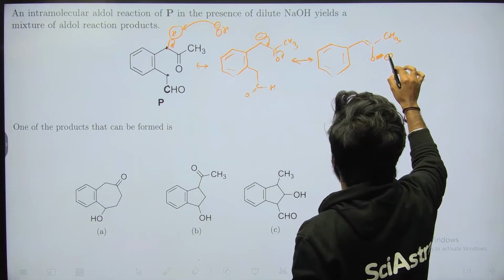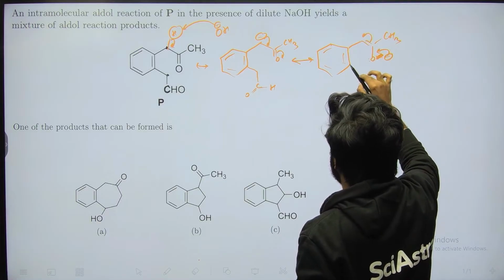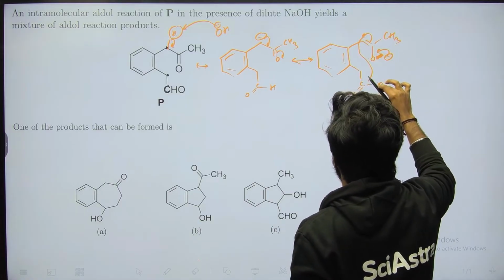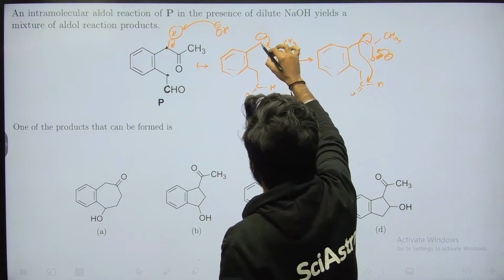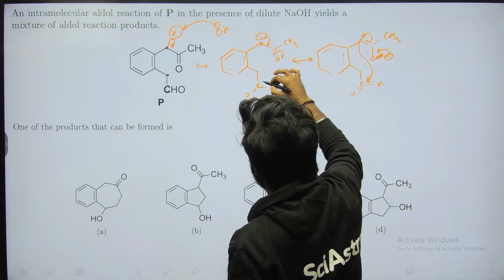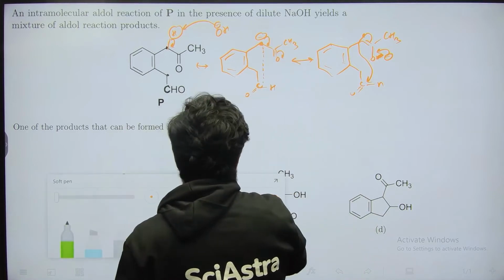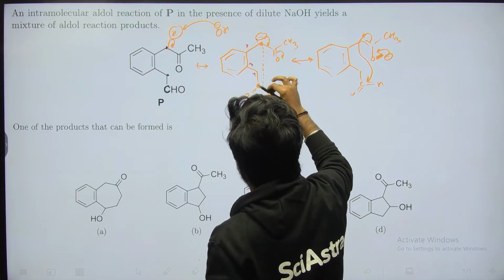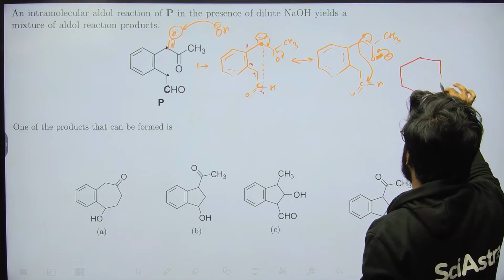So what will happen actually, this will come back and this anion will now attack on the electrophilic carbon of this CO group. So making a, now you can analyze that if this carbon is attached to this one, how many number of rings we have, means how many membered ring we are forming actually. So just count it. We are forming a 1, 2, 3, 4, 5. So 5 membered ring. So we will draw a basic skeleton of a 6 membered ring.